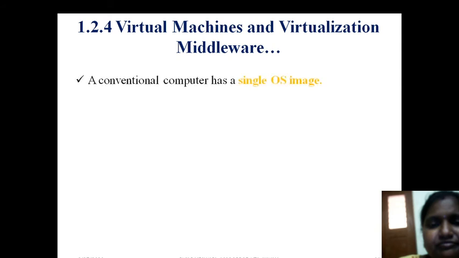A conventional computer has a single OS image. If we have only a single computer with a single OS, it runs well, of course, no doubt at all. But what if you have one more OS in your system? What about this advantage? Some applications may run in one type of OS, and some applications may run in another type of OS. It depends. If you have both types of OS in your computer as a single part, is that an advantage to you or not? Yes, more advantages. Any type of application I can run, in both OSs.